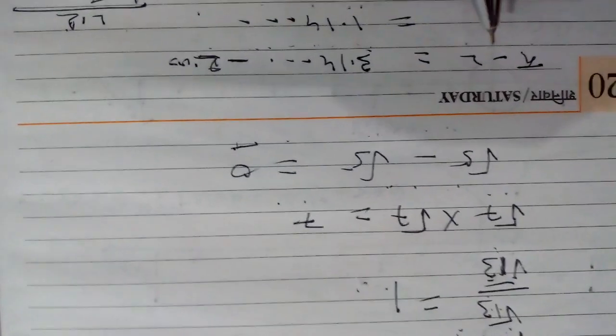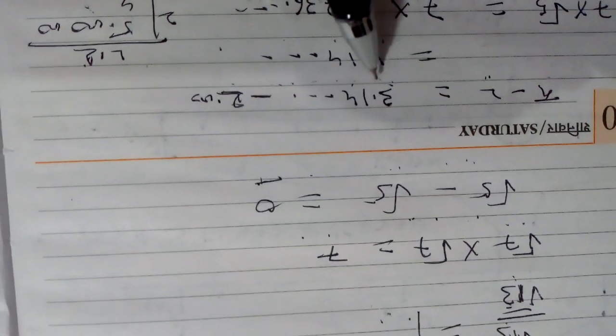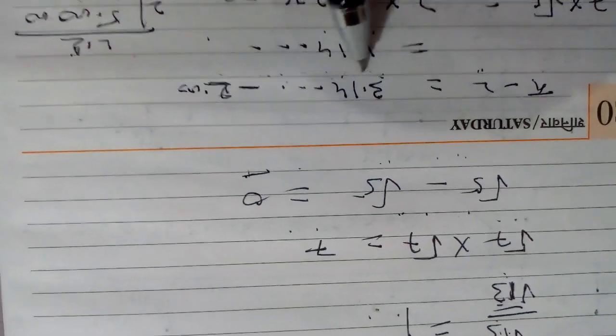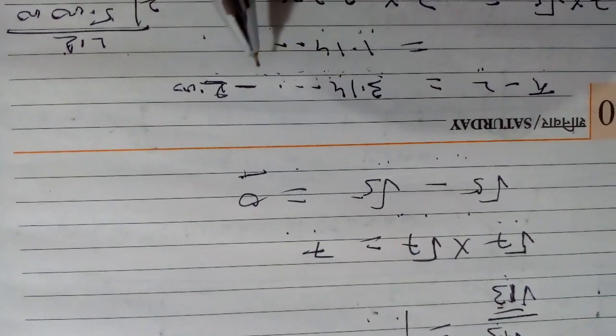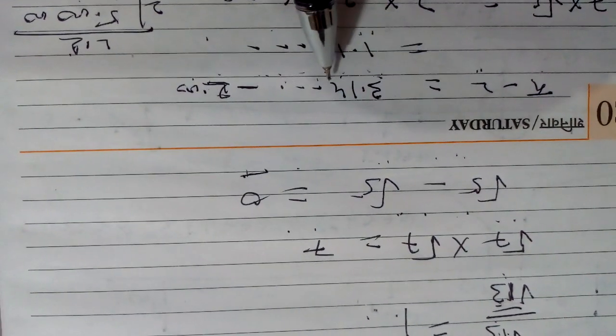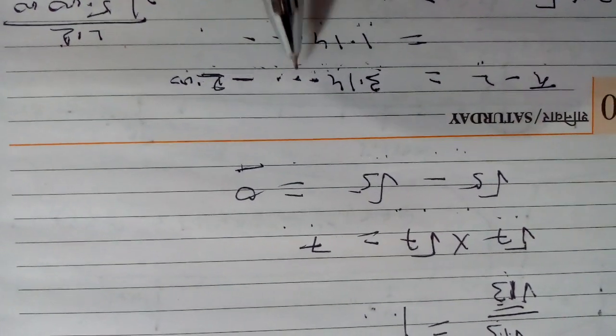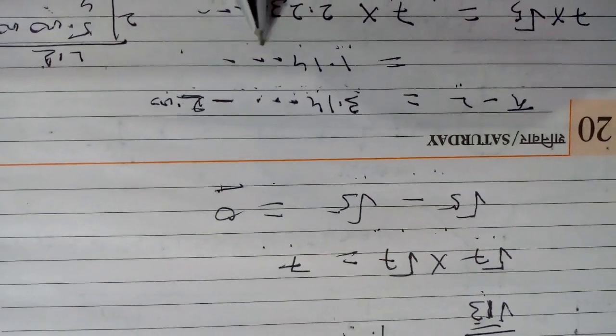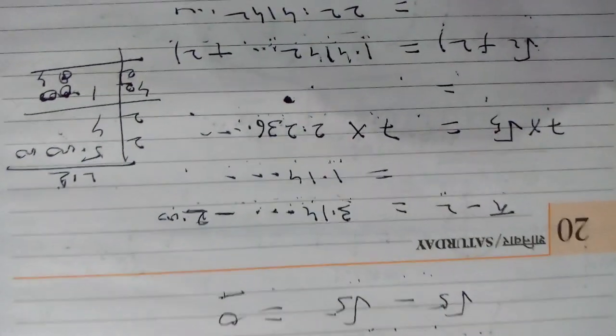Now you will see a result I have told you in the previous class. Pi is an irrational number. When pi is added to or subtracted from the rational number 2, the decimal value of pi is 3.14. But 3.14 is not alone, it is an approximate value: 3.14 dot dot dot, it goes on infinitely, so the three dots indicate infinite digits. 3 plus 2 is 5, but here with the minus sign, 3 minus 2 is 1.14 dot dot dot, which indicates that it is again irrational.